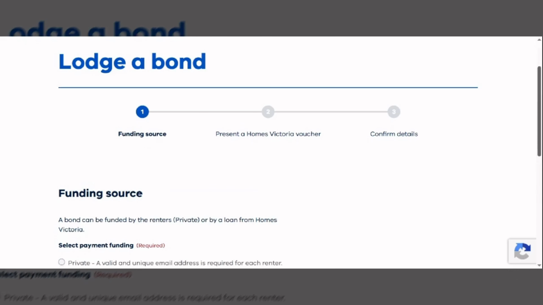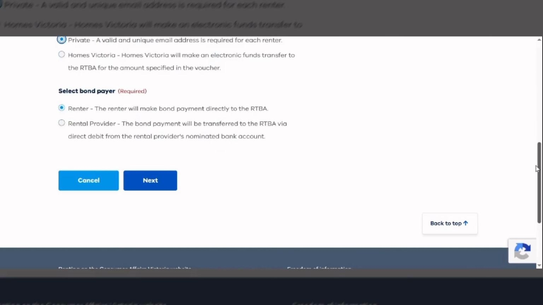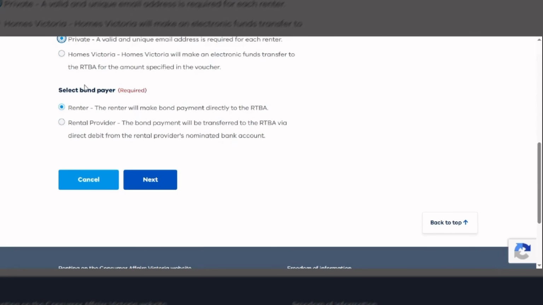But if it is paid by the renter themselves, then you need to select the bond payer. If they have paid into the trust account, then you always need to select the rental provider, because in RTBA you are the rental provider and the money will be deducted from your trust account. And if not, if they are paying directly, then you need to choose that option.